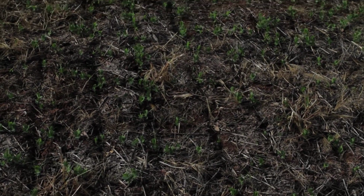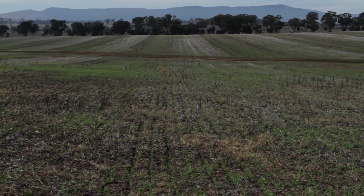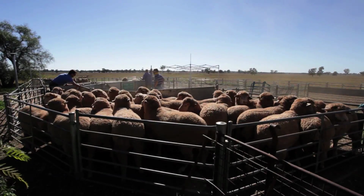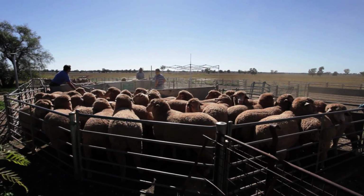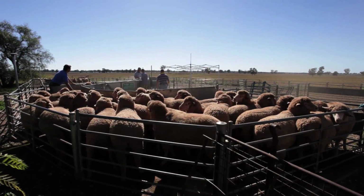I think the challenge for the farmers is to ensure that productivity goes up, not just production, so that if you're producing more, you're actually making more. Because over time, the cropping side has done very, very well with 2 to 3% per annum gains in productivity. And the sheep sector, particularly the wool sector, has some real challenges. Productivity gains are mostly incremental. So what we've got to do is keep focusing on the incremental ones, the 1 or 2% here and there, making sure our genetic gain is good,